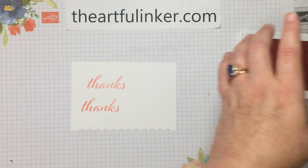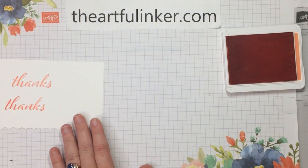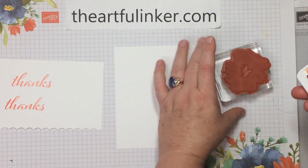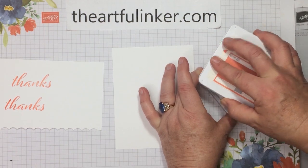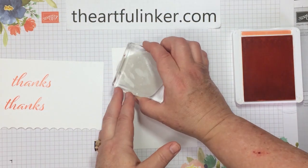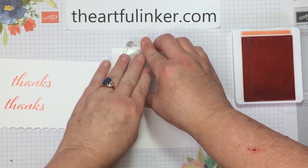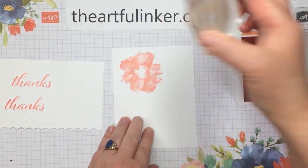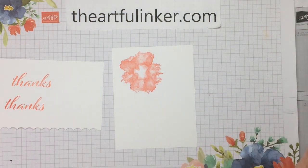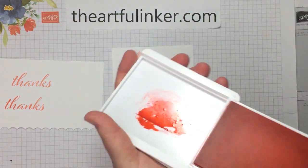Better. Okay. Now let's take another piece of basic white, and I've got the large floral here, and ink that up in Calypso Coral. Make sure you rub all the way around so that all of that surface area has transferred. Okay. And pop this out of the way, and then grab my Flirty Flamingo,